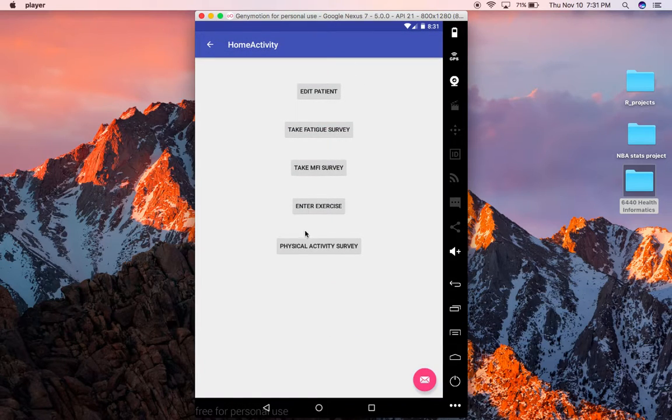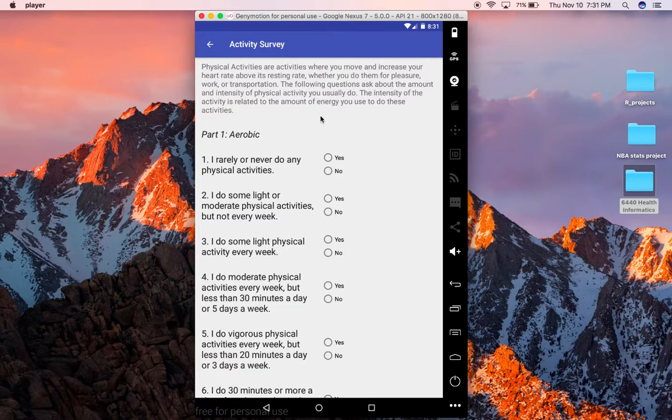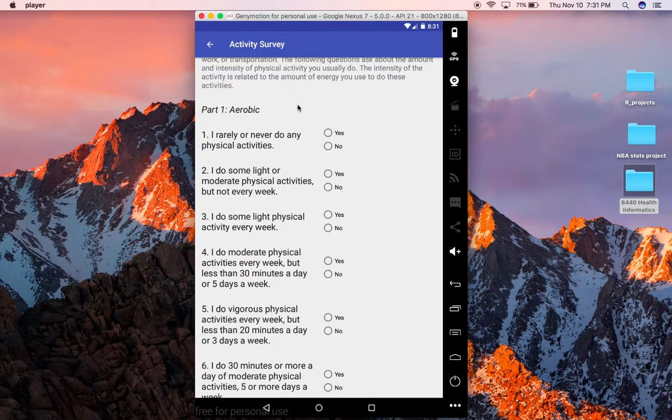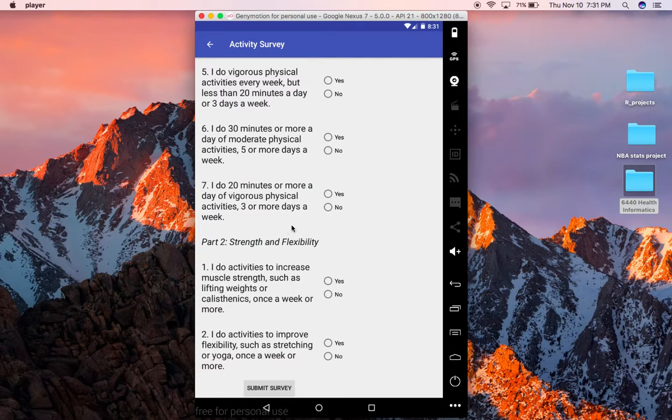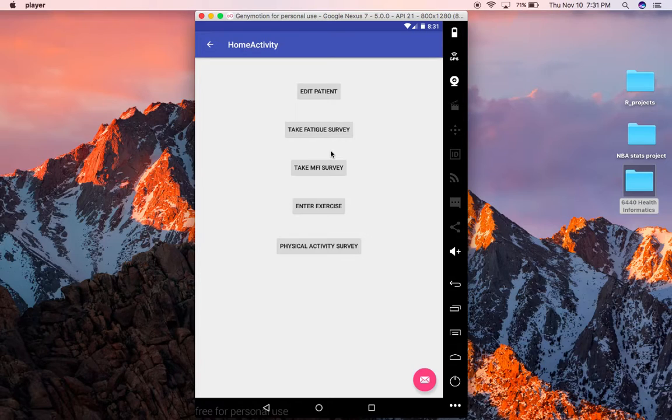And we can also look at a different survey. Here we'll look at the physical activity survey. Here we have some kind of instructions and background on the survey. We have different parts to it, the aerobic exercise, strength and flexibility, and here we can see there's a little bit difference to it. There's just a yes or no. And again, these will be scored based on some of the methods provided to us by our sponsor. But again, we'll be taken back to the home screen after we submit that, and the exercise plan would be